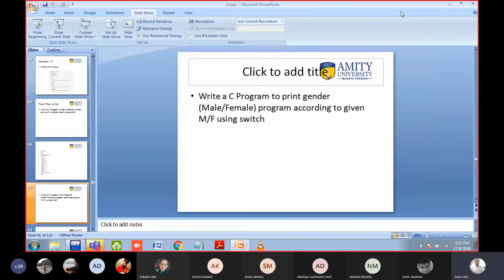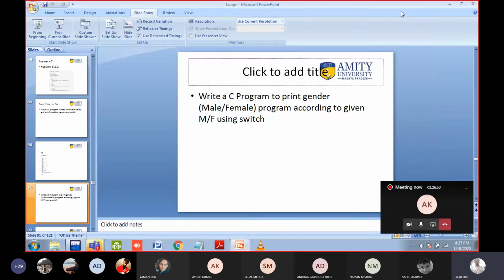Because with the help of quotes we can differentiate that this is not a variable. Like capital M can be a variable, na? But when you are writing capital M or small f or small m or capital F inside the quote, it means it is not a variable. That is the only thing. That's the way of differentiating it from the variables. That is the syntax we have to follow.